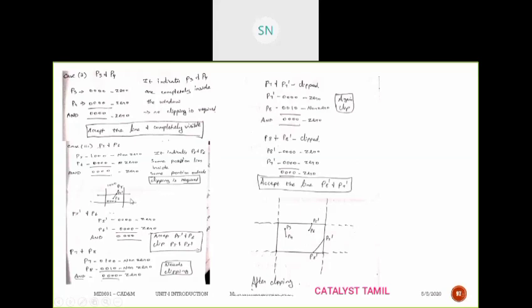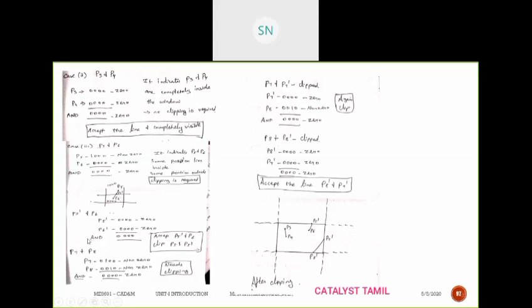So how are we performing the clipping here? First of all, we have to find the intermediate point, the point of intersection with the window boundary. For finding the intermediate point, I should notice this point and mark it as P5 dash, because P5 is lying outside the window. From P5, I mark a new point called P5 dash. If P6 were lying outside the window, then I would mark P6 dash as my intersection point. So here it is P5 dash.